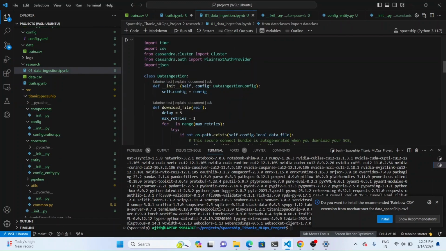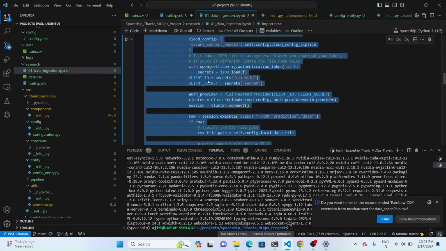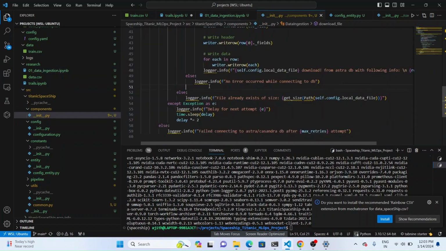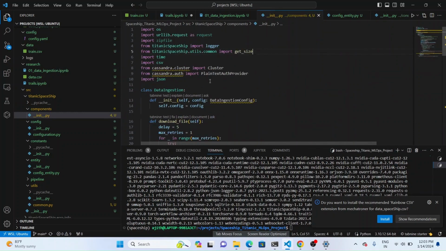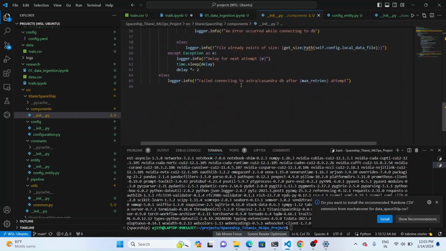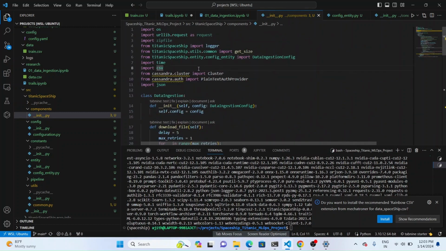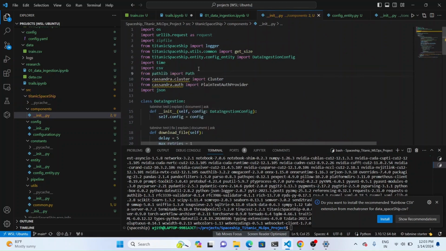This is the place where we will be inserting this one, components init. Okay, there is no other error, I think. So after this,